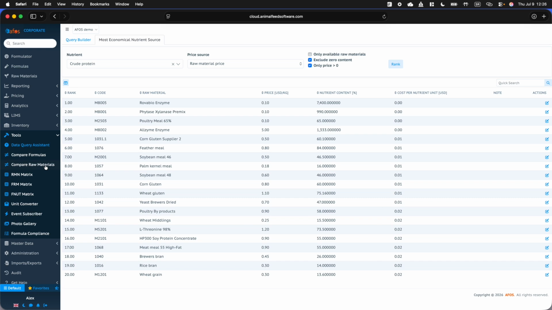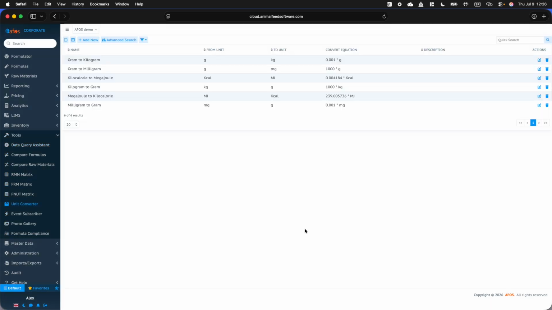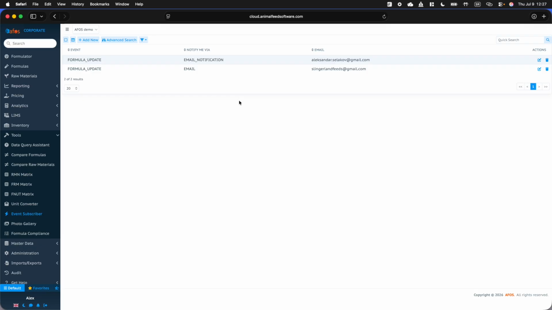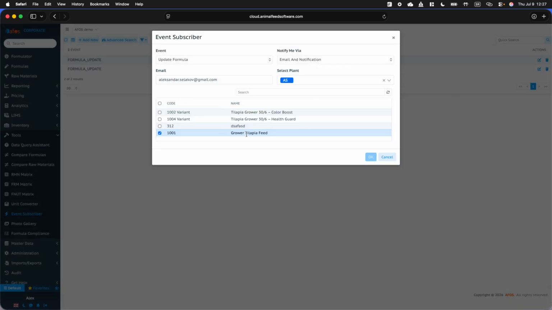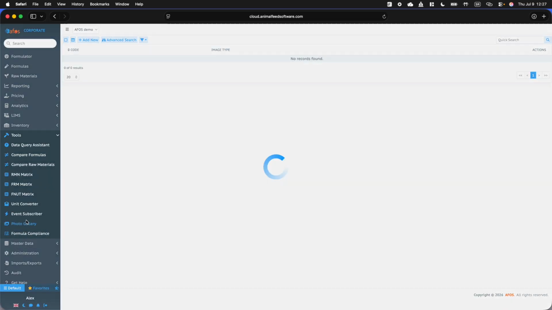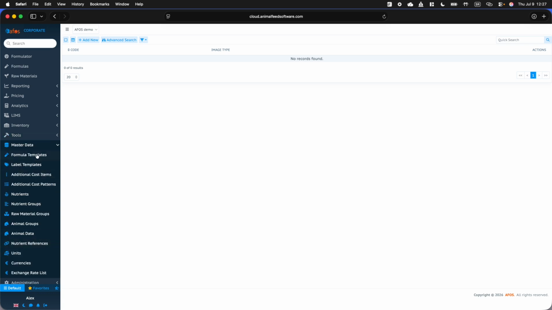Compare formulas, compare raw materials, different matrices, unit converter. You can create conversions for different formulas, for different nutrients, different values, and apply them to your database. Event subscriber. If anybody changes this formula, I, as someone in my team, will be updated. I will know about that. I will get an email and a notification inside AFOS. Photo gallery, formula compliance we showed, master data, configured formula